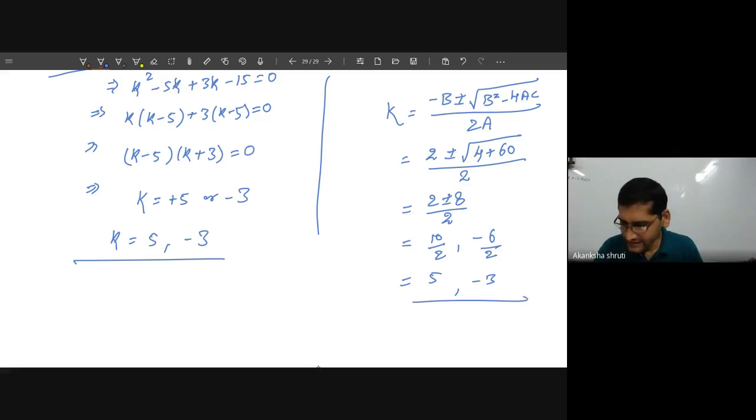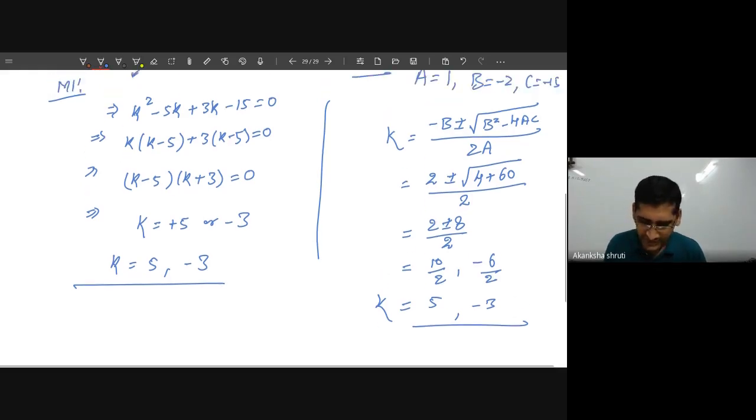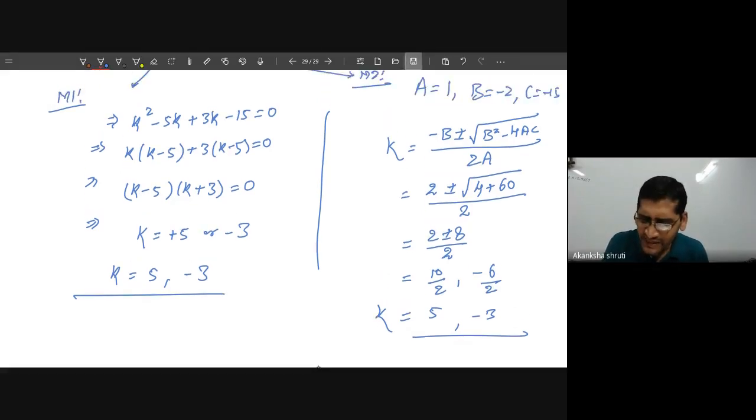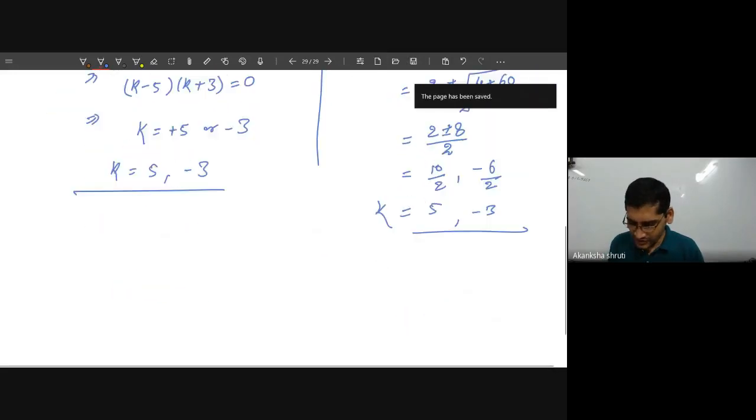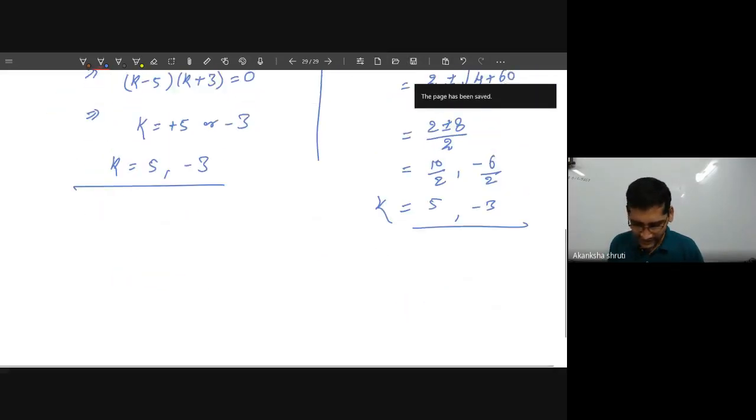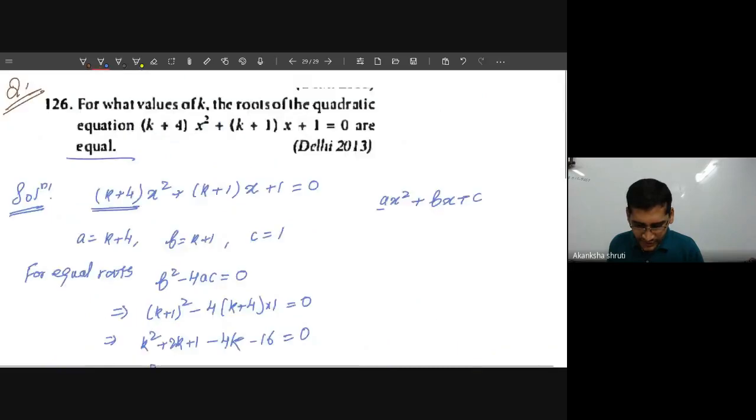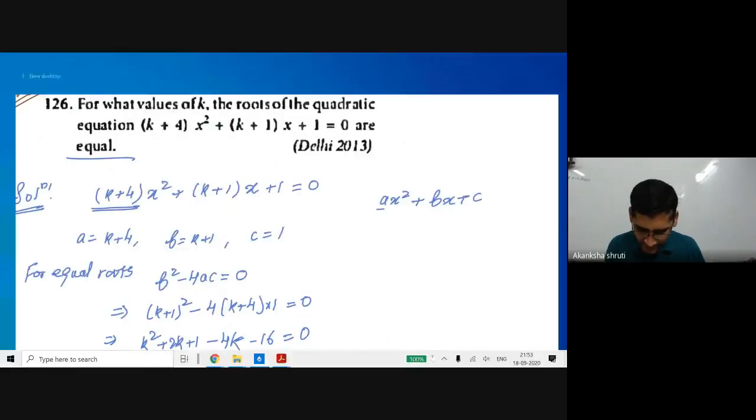So what are we getting? The k value is the same in both the cases. So k doesn't depend on your method. That is the beauty of mathematics. Any doubt, then please ask. No doubt? I don't think any student has any doubt. इस तरीके से आपको कंडीशन को अप्लाई करने हैं एंड आपको कैलकुलेट करने रहेंगे.